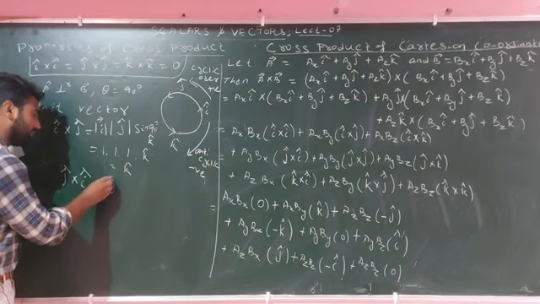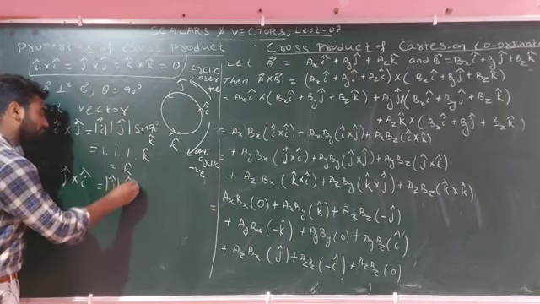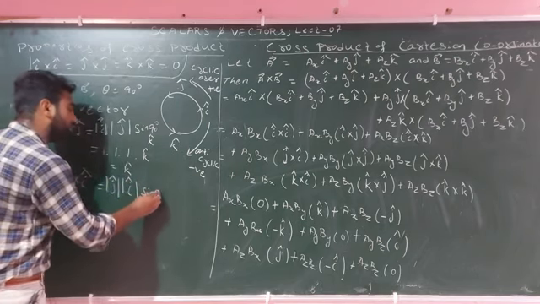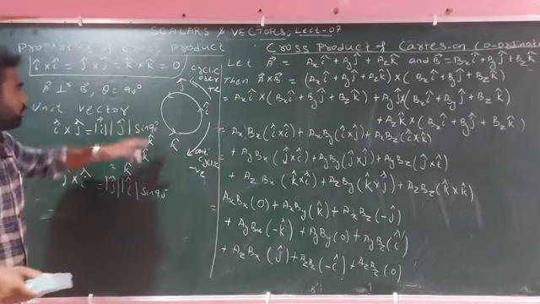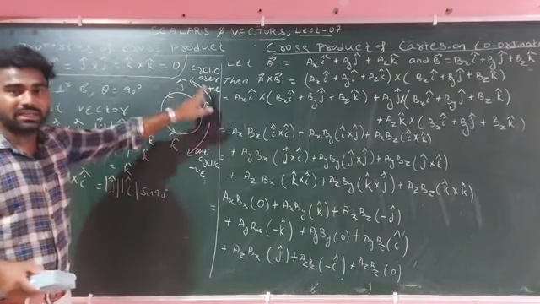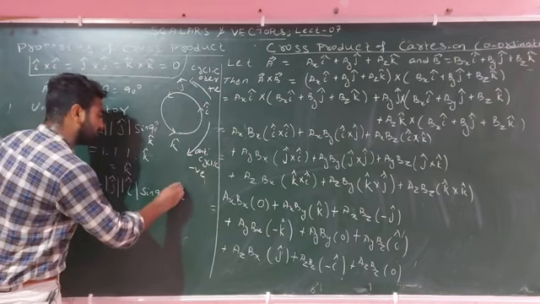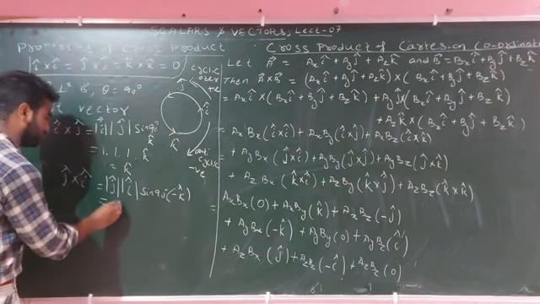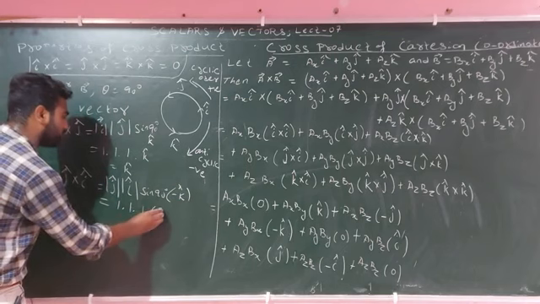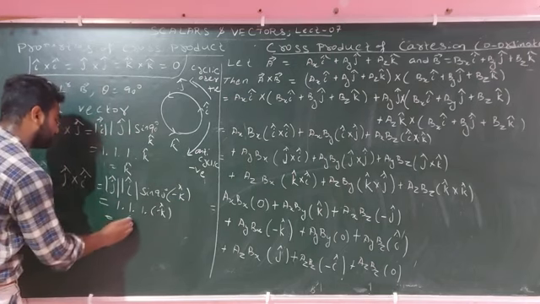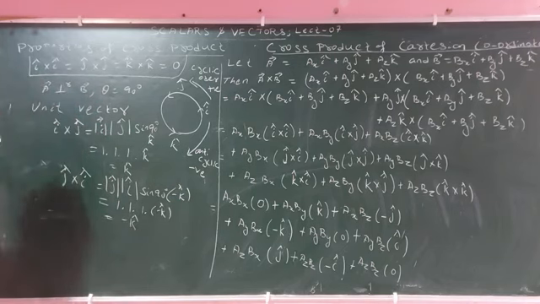Then it becomes magnitude of j cap, magnitude of i cap, sine 90. Here we move anti-cyclic, then i. If we move anti-cyclic, then the third vector, the k vector, gets a negative sign. So here minus k vector. Magnitude of unit vector is 1, sine 90 becomes 1, so the result will be minus k cap. Similarly, i, j, k cap.